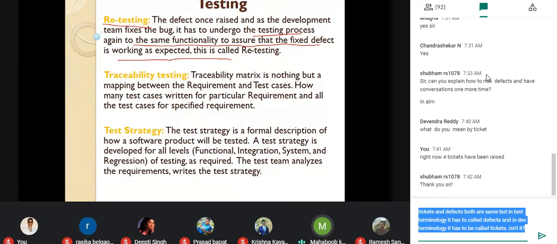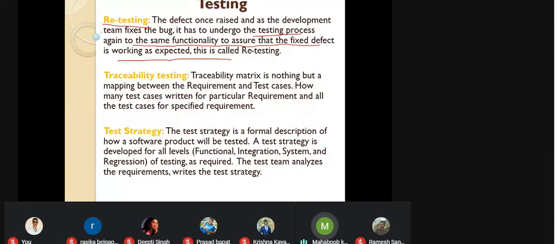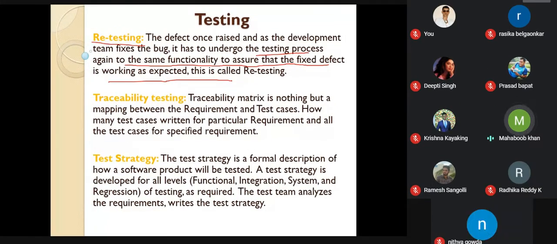So when you use retesting in the defect fix, you need to say that when the defect has been raised by you and the developer has given you a fix, whatever you do to confirm that the defect no longer exists, or still exists, is called retesting.